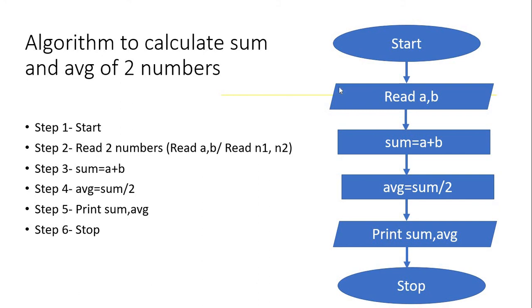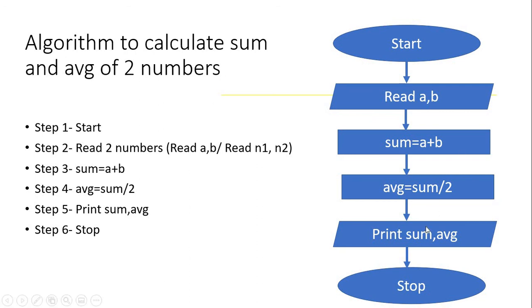The oval is used here to indicate the start of the procedure. Next, reading of values is represented in the parallelogram. Once the reading is done, the sum is calculated and the average is calculated. For these, the process symbol is used, that is the rectangle. Once the calculations are done,